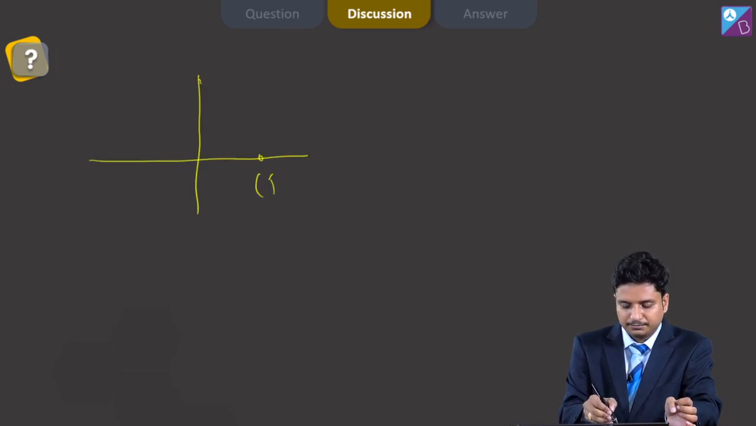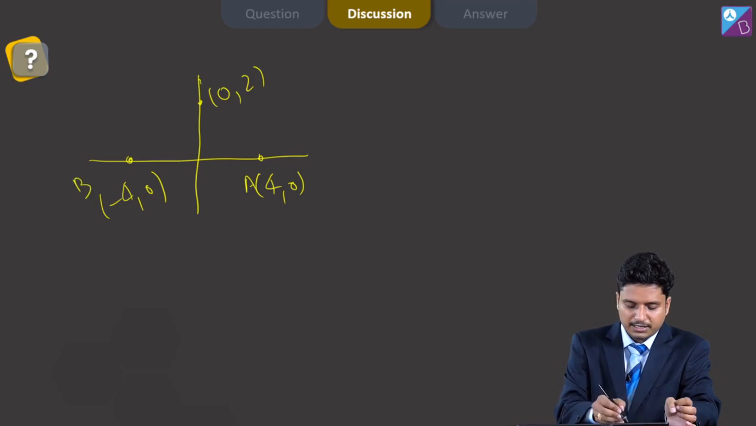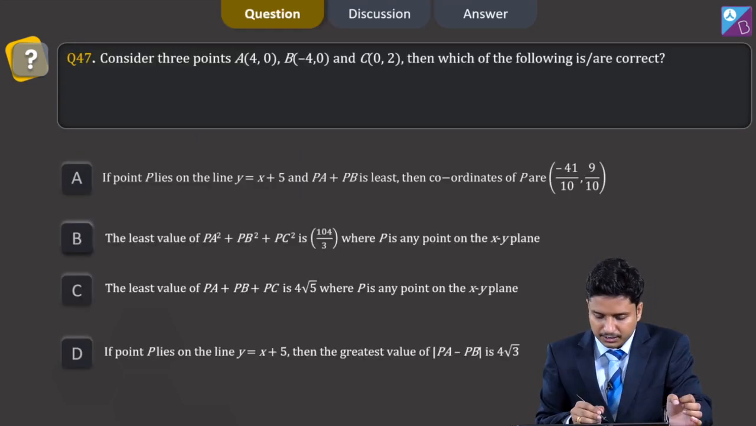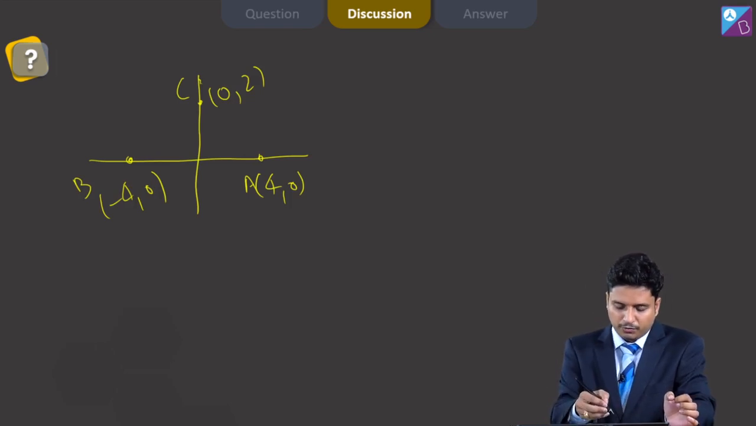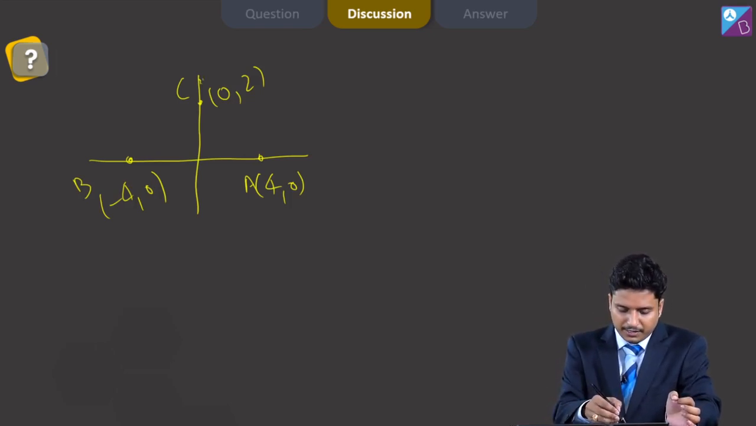4, 0 is there, minus 4, 0 is there, and 0, 2 is there. These are your A, B and C. These 3 points are given. Next, P lies on line y is equal to x plus 5. So y is equal to x plus 5, that is somewhere here,